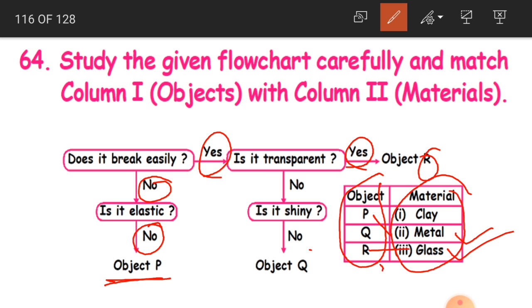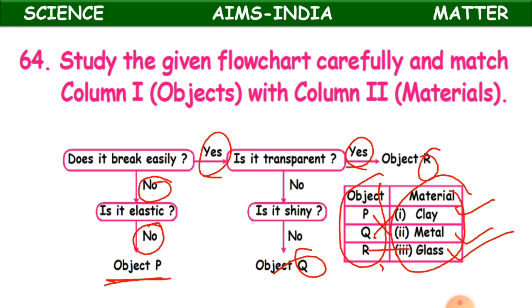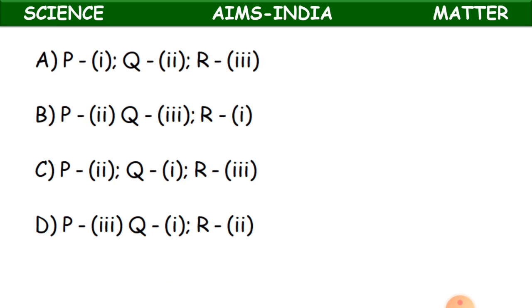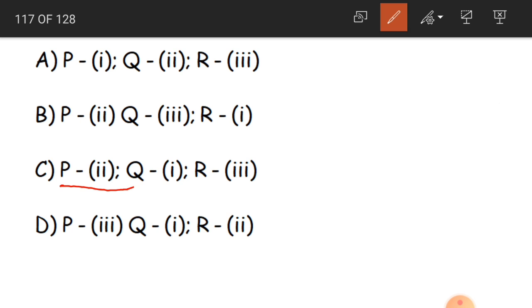Now what is remaining? Q. Is it transparent? No. Is it shiny? No. So that is the object, that is clay. Clay is not transparent and clay is not shiny. So Q is equal to 1. So this is our answer. Clear? So P is 2, Q is 1, R is 3. So C is our correct answer. Clear children? Now the next question,